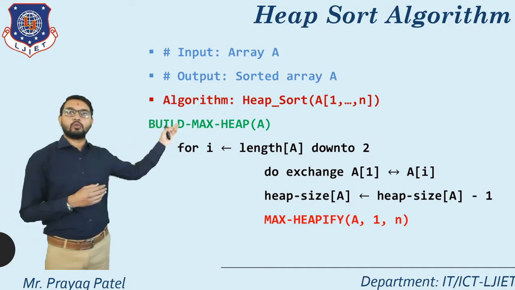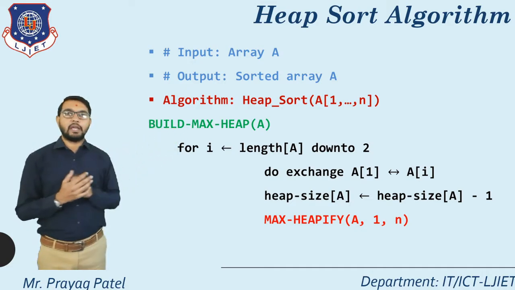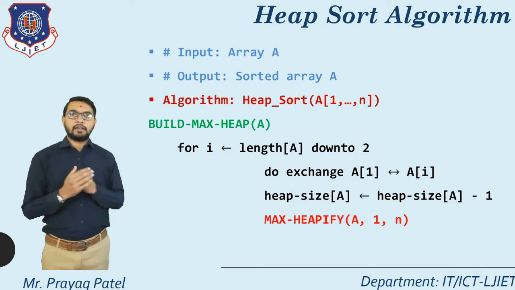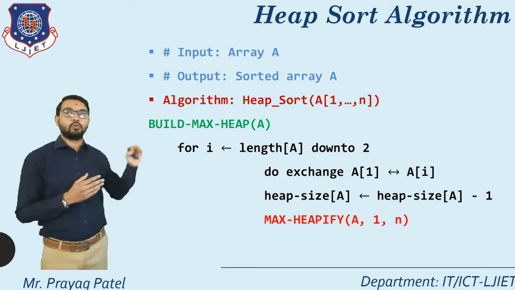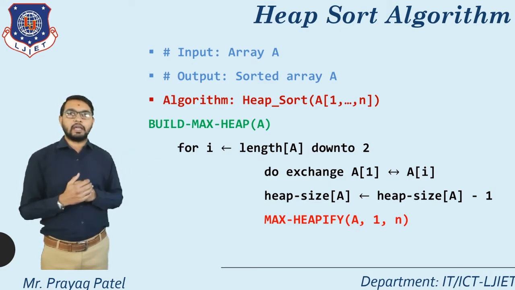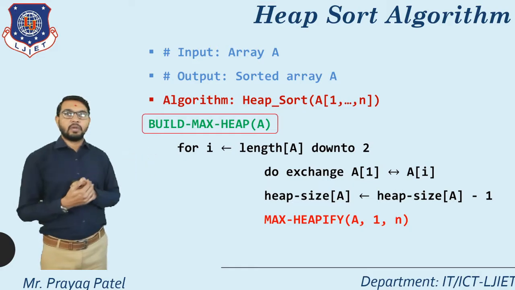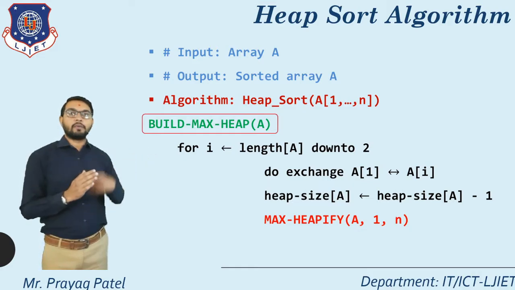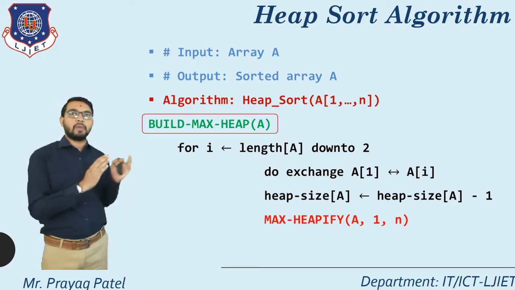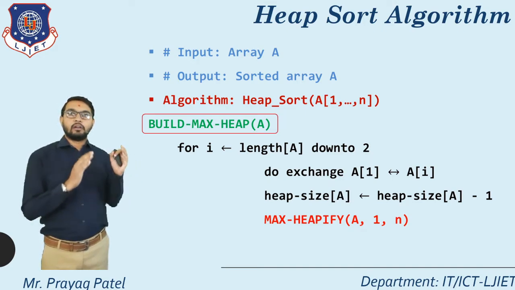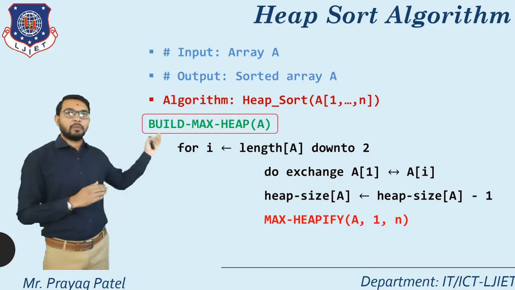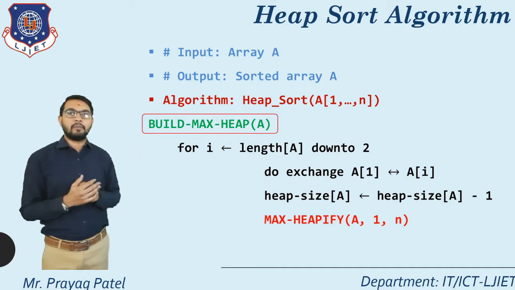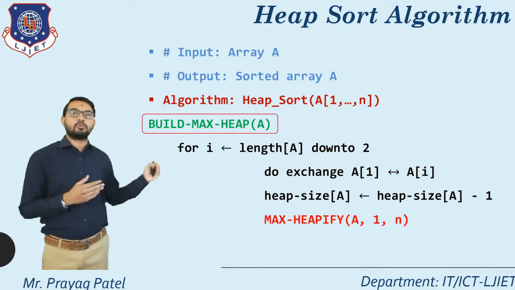Now the first step of the algorithm is BuildMaxHeap(A). So consider BuildMaxHeap(A) as another function, a function call from the heap sort algorithm to a new function, BuildMaxHeap(A). Now how can you perform this operation? We can use the build max heap function to construct the heap tree. In the heap sort algorithm, first you construct the heap tree, and the heap tree construction is done using the build max heap function. After that, consider the next step as for i equal to length of A down to 2,